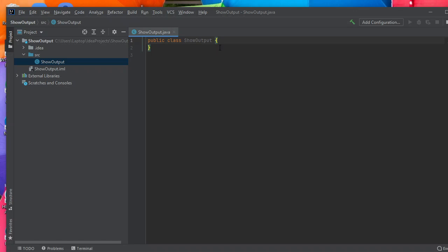To represent the scope of any class, two curly brackets are used. One is the starting curly brace, as can be seen here, and it comes with a closing curly brace, as can be seen here. To write or make the elements of the class show output, we have to go inside the scope of the class. So just press enter inside the curly brace,